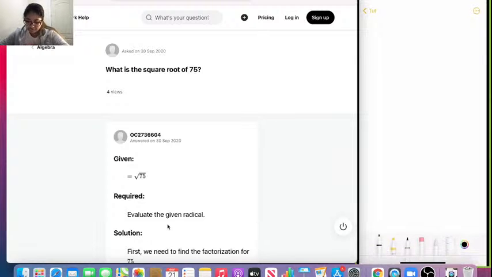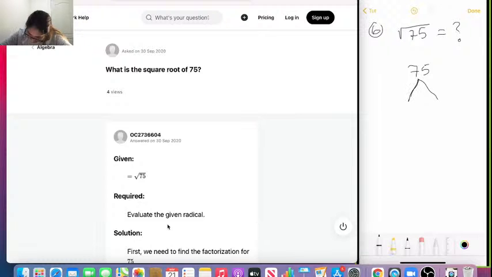Okay, so our sixth question says, what is the square root of 75? So square root of 75 equals what? We need to first factorize 75, so finding common multiples of 75. So we can have a branch here, and then a tree, with branches coming out, and find the common multiples of 75. So basically the highest common multiple would be 25